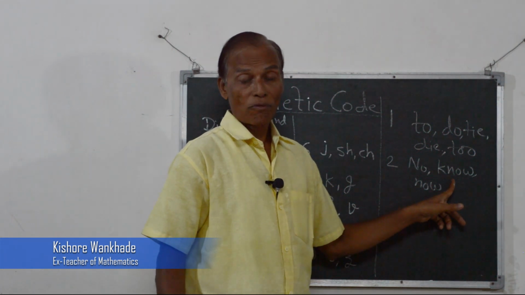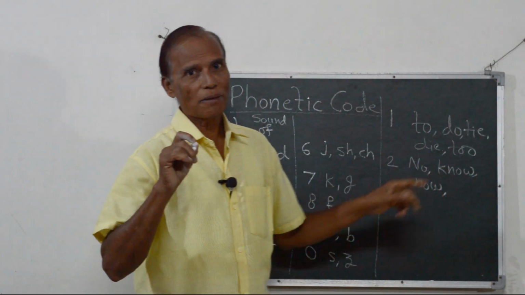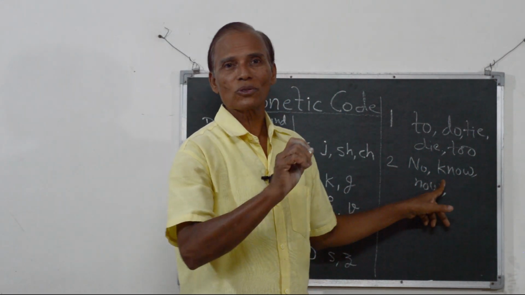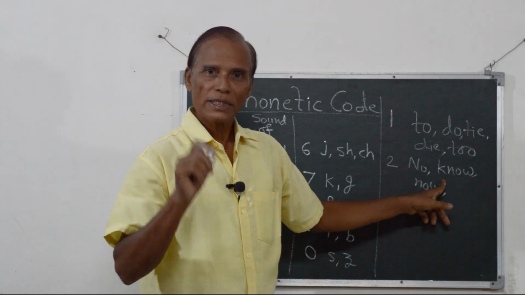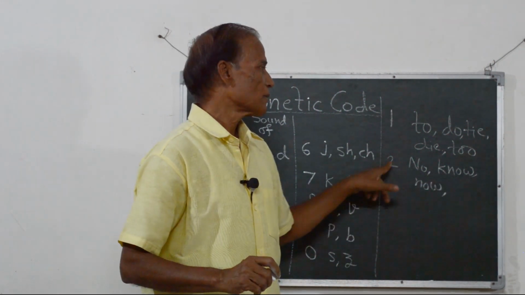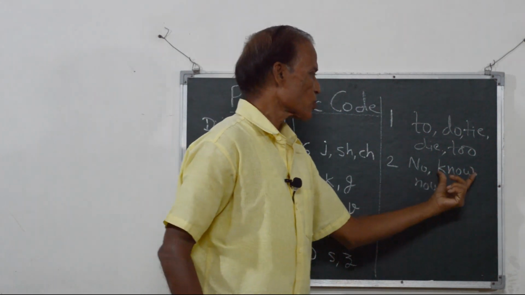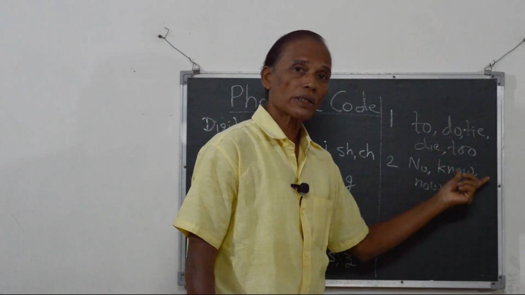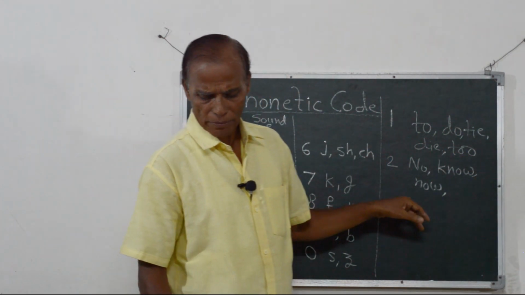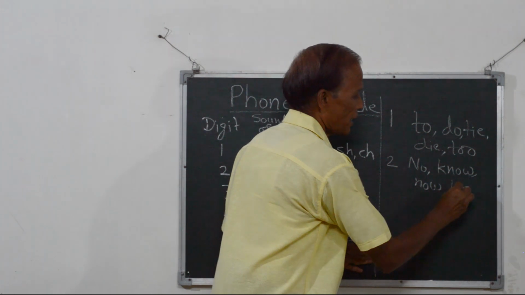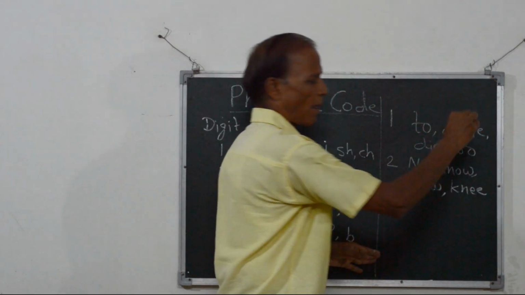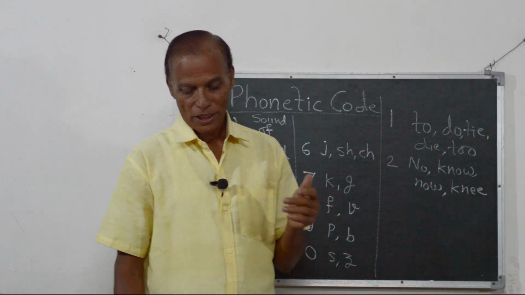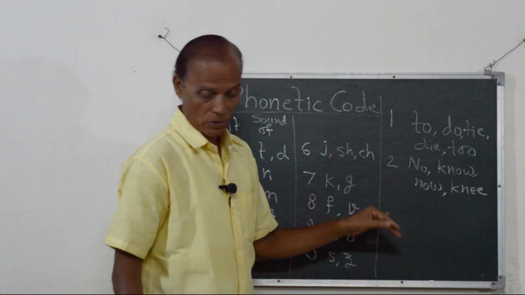Note this. Why? See the sound. I am tracing you on this sound. What is the sound? It is no. There is no sound of K. So this will convert into 2 only, and W can be used freely. So actual conversion or equivalent of 2 is no, or equivalent of no is 2. So there are many choices. See this word knee. That is also N sound only. So that can be used here for 2.